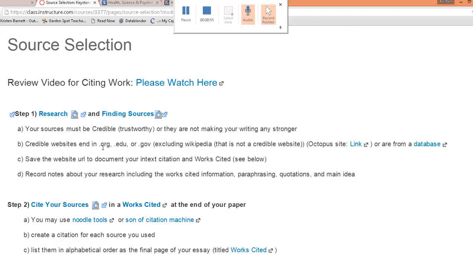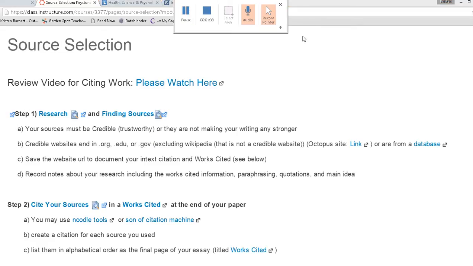And the three main types of websites that are credible are .org ones, that end in .org. That's a nonprofit. Although Wikipedia does end in .org, it's not credible because anyone can alter any part of it at any time. Usually they change it back to the correct information pretty quickly, but the 1 minute you're on there could be the 1 minute you're reading wrong information. And then .edu from a school or an educational system, or .gov, a website published by some sort of government system. So if you're looking through Google, those are the three main ones.